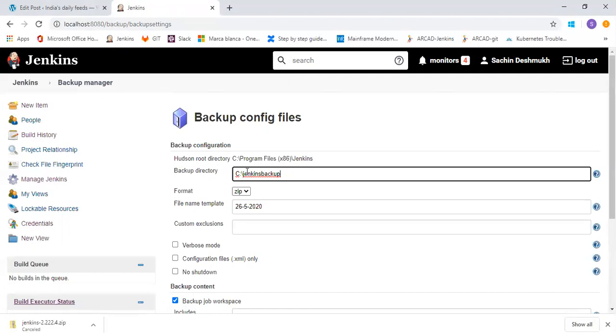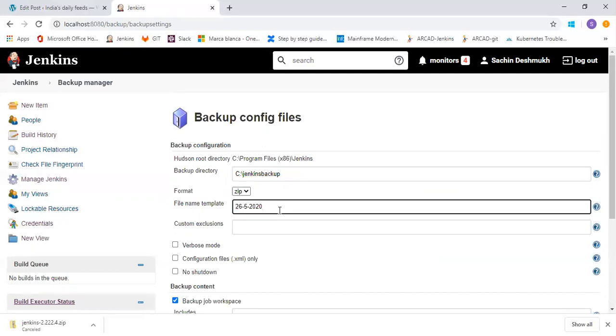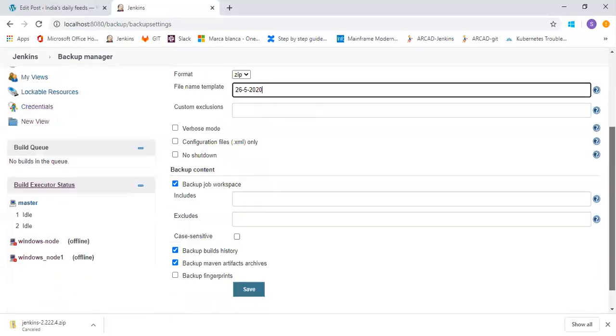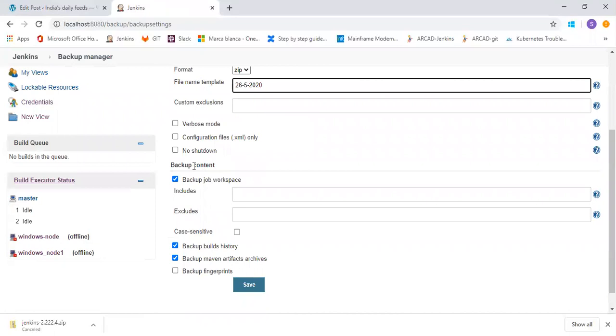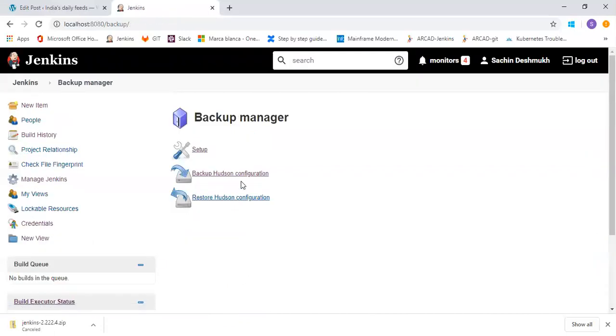The format will be zip. You have to give the name of the template and select what content you need to back up. Based on that, save this information and click on backup Hudson configuration.